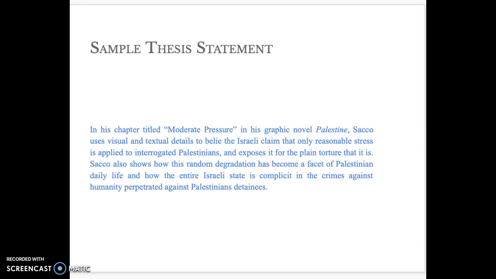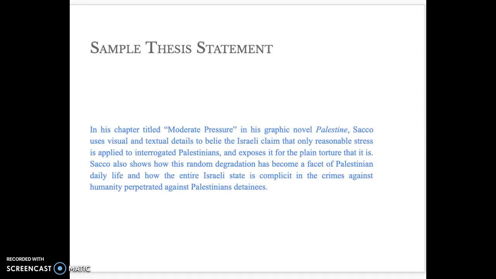Now, this is not the perspective of the people who are doing the workshop. This is what they think Sacco was saying, all right? So in that sense, even though this is their analysis of Sacco, it is also argumentative because this is what they are arguing Sacco is doing, right? You see how that is?